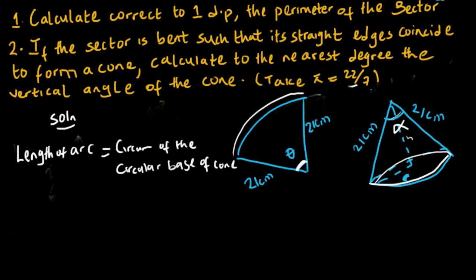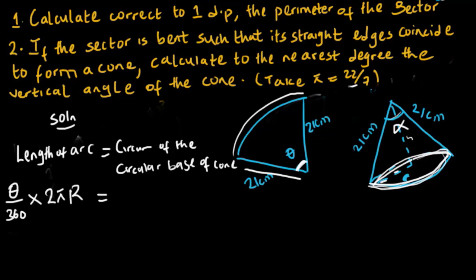Now if we want to represent this in formula, what's the formula for length of arc? We have theta over 360 times 2 pi r. But in this case, we want to make sure we differentiate this radius of the sector from the radius of the cone. So we are going to be using 2 pi capital R. Do you understand? Equals the circumference of the circular base. What's the formula for the circumference of a circle? That is 2 pi r. But in this case, the radius is small r. So we put 2